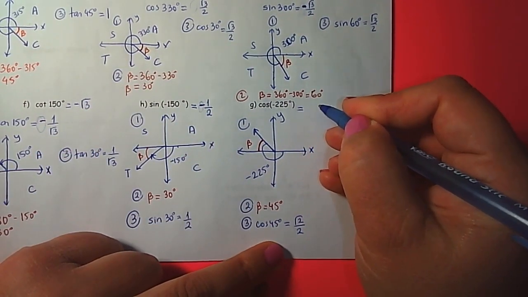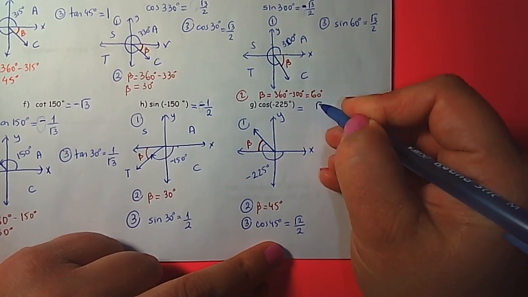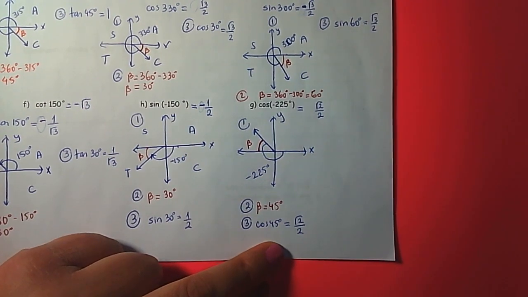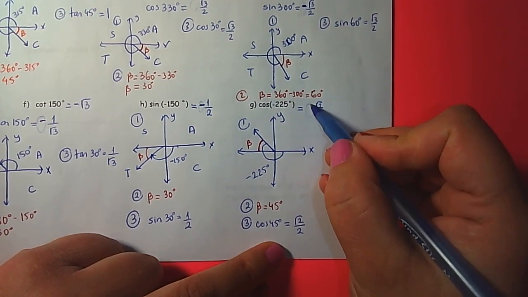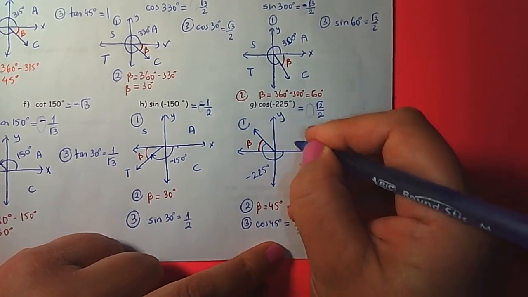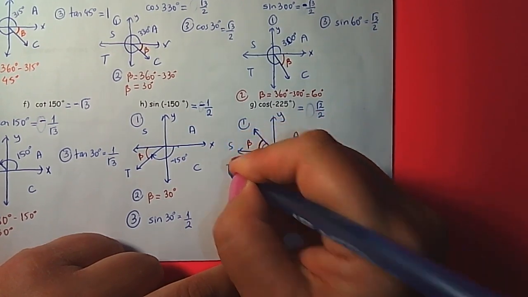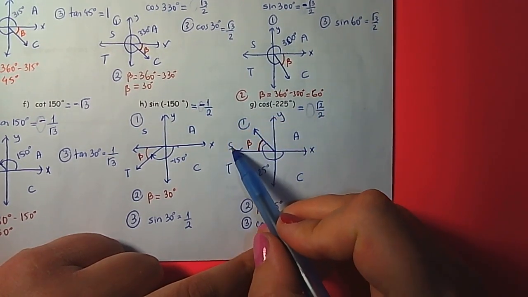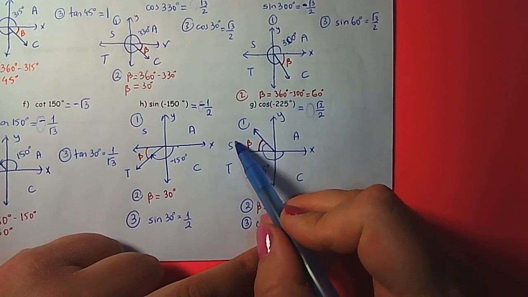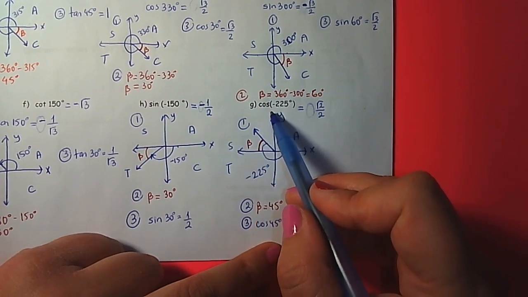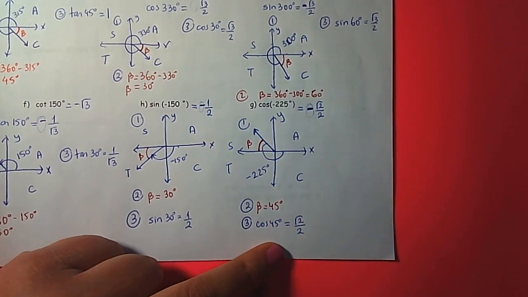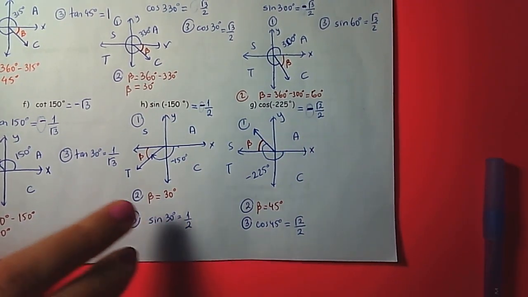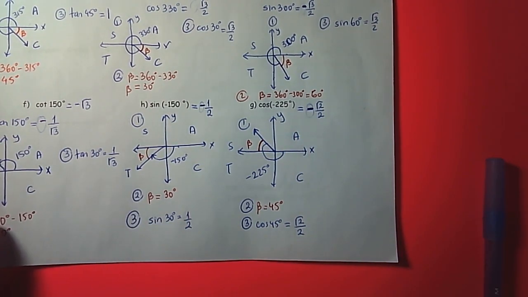So cosine negative 225 will have a numerical value of root 2 over 2. Again, decide if you need to put a positive or negative sign here. So right, CAST, this is the final step, in quadrant 2. So we see that only sine is positive, so cosine must be negative. Okay, so we will continue with example 3 on the next